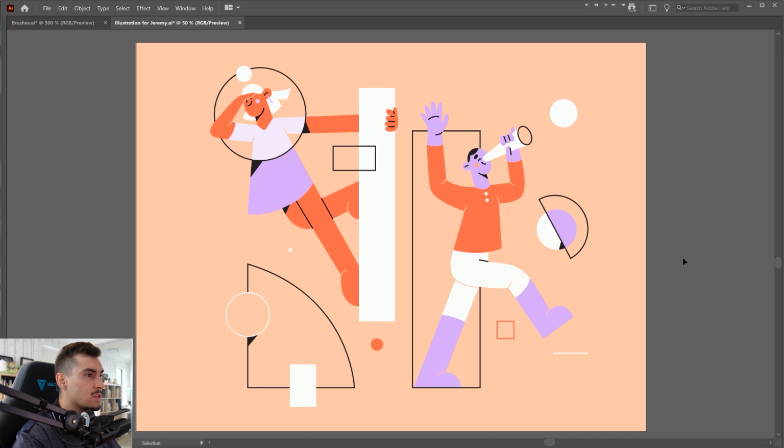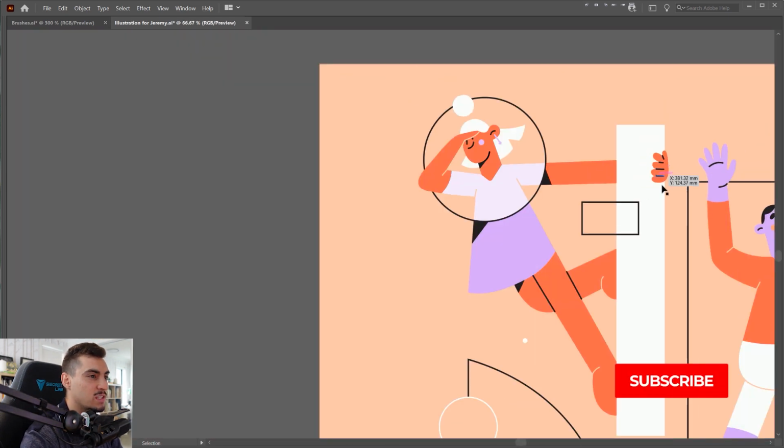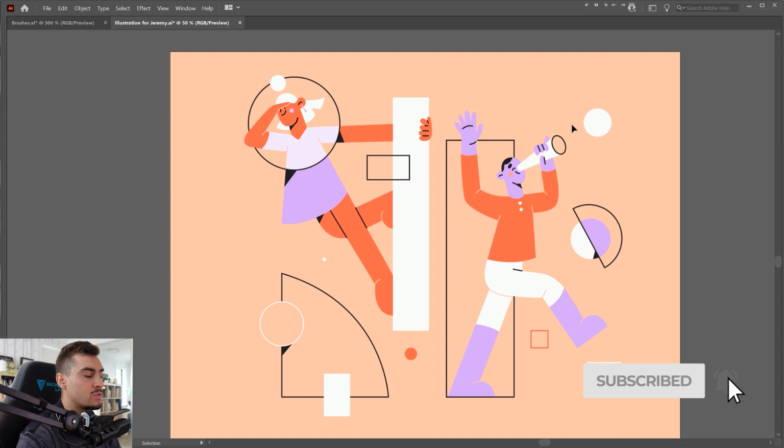So I'm in Illustrator. This is the illustration she created for me. A lot of simple, nice shapes and some cool characters here. I love how this girl's hanging off the shape here. That's awesome. And what I'm gonna do is show you how to create some nice texture effects using